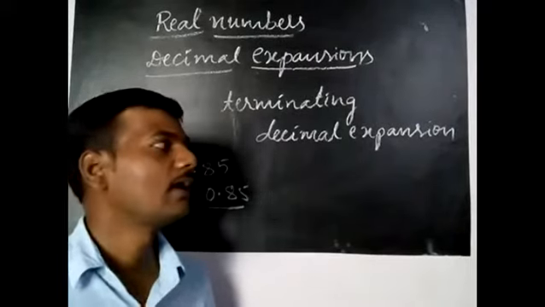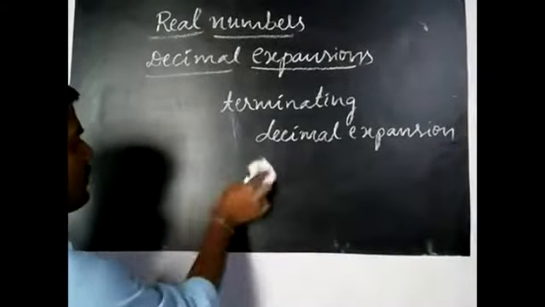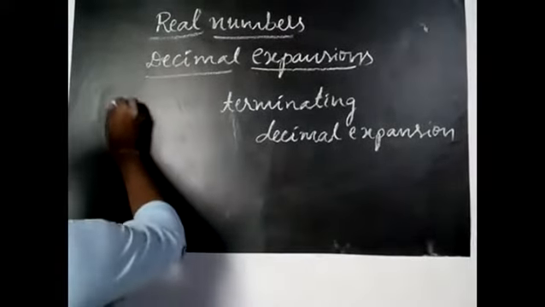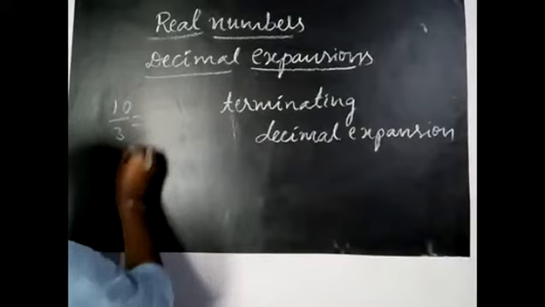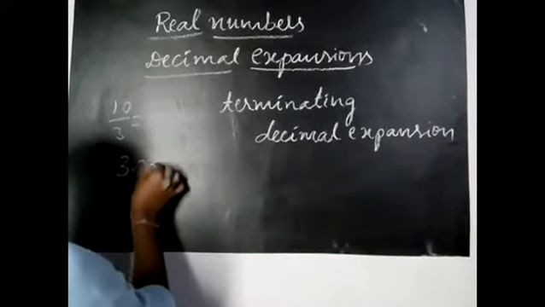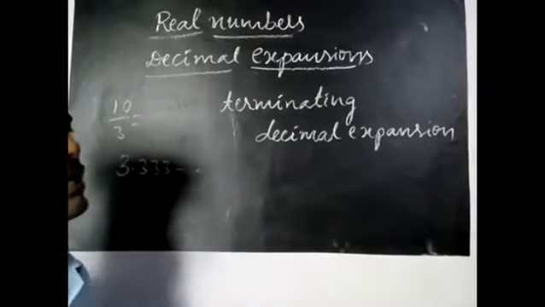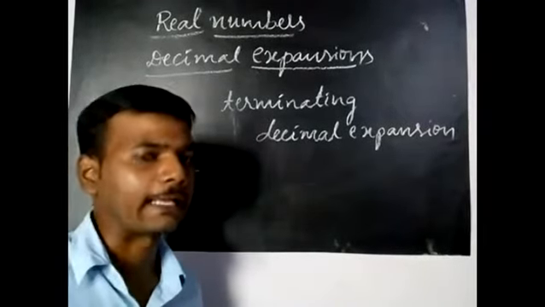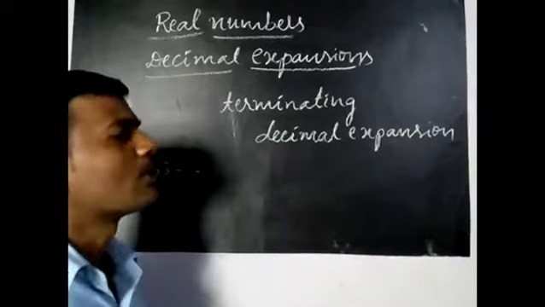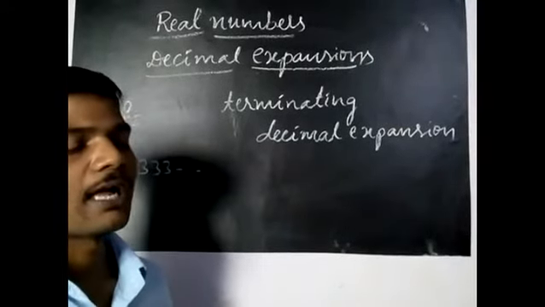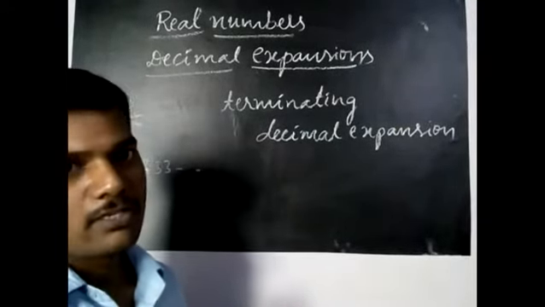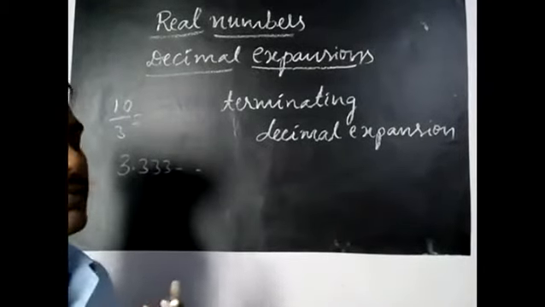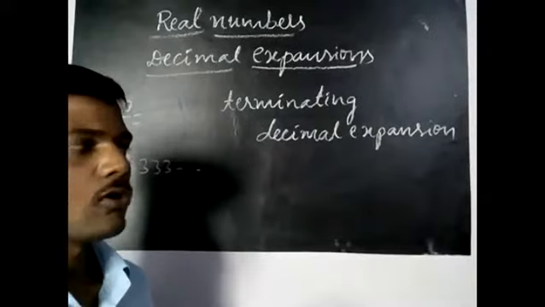Some more cases we have already taken as examples, which are 10 by 3. What will be the decimal expansion? It is 3.3333 and so on. So here the digits after the decimal point are repeating, and there is no end for the division, it continues. So this kind of decimal expansion is called